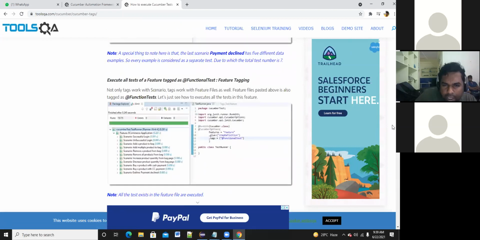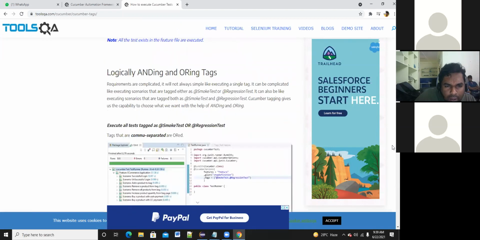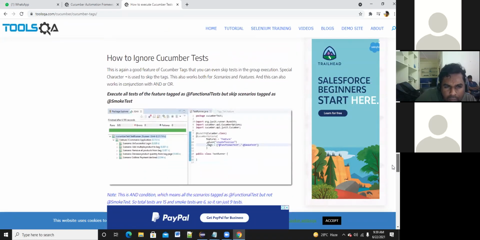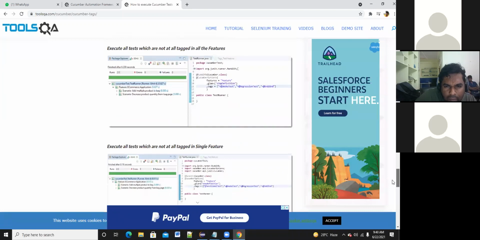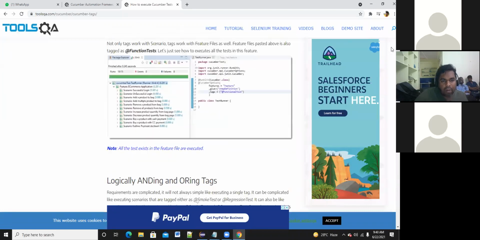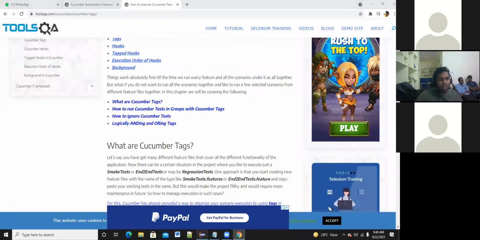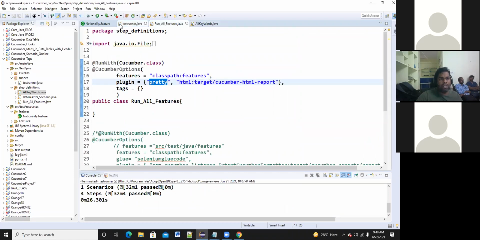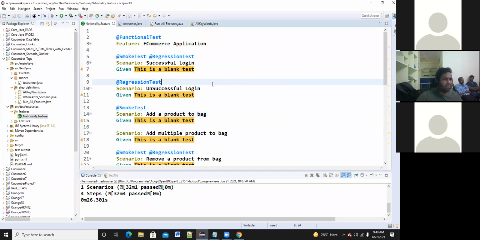I have not implemented any steps. I have just written all the features for all the scenarios here: unsuccessful login, add to product bag. Like that I have written.